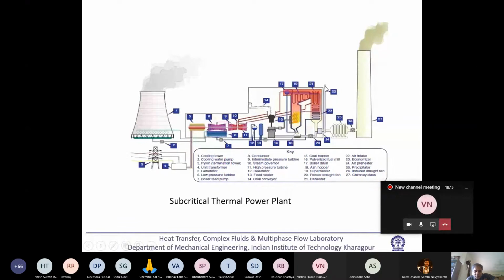So what is done? Fresh air I have to take for combustion. So fresh air is being taken. This gray line is the fresh air line. And then there will be some sort of a fan, which is a forced draft fan, because this will force the air to the boiler and other systems. So this will go to a ball mill, which is receiving coal and making it into fine powder.